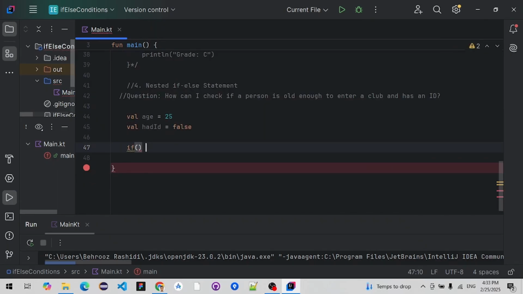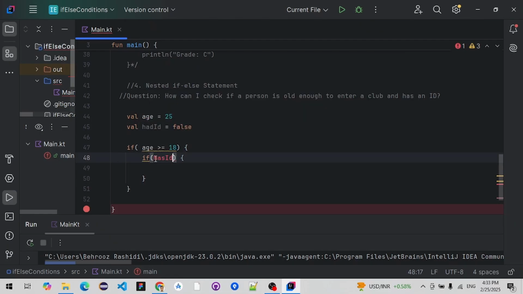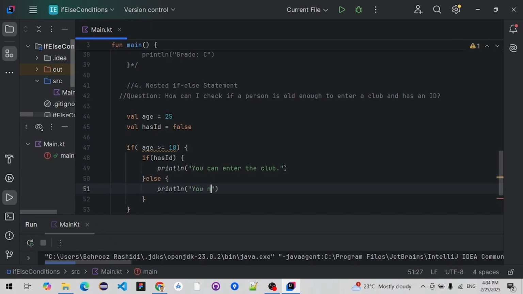Now I will write simple if statement. I will check the age. If the age is greater than equal to 18, then check if the person has ID card or not. Another if has ID. In here I have written had, change it to has ID. If he has ID card, print a message, you can enter the club. If the person doesn't have an ID, what you should do? You should write a message, you need